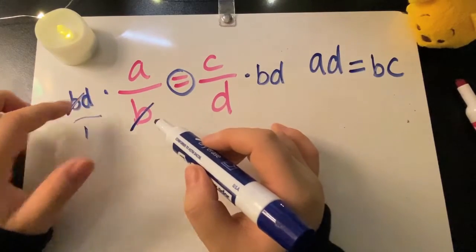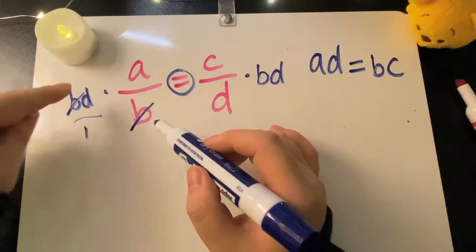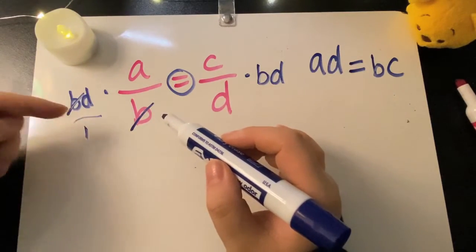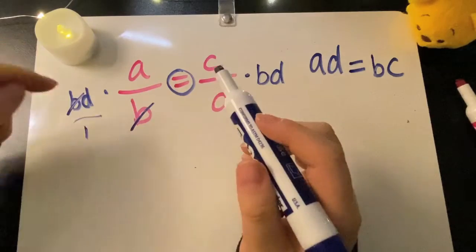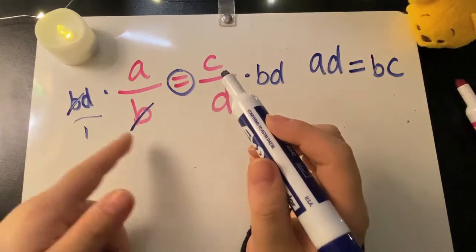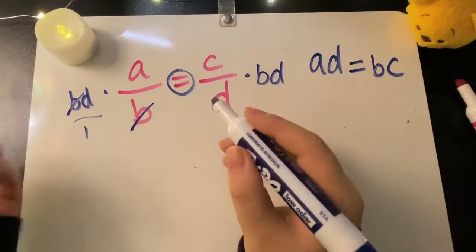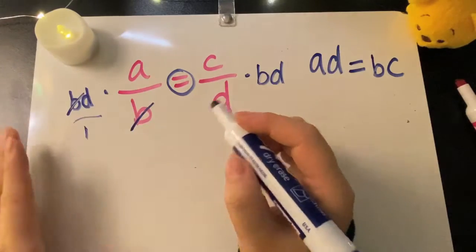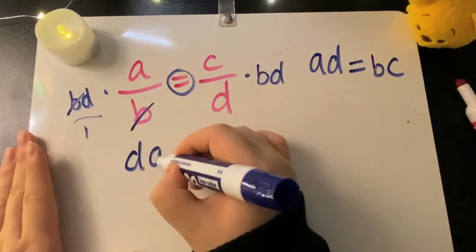And we're left with d and d over 1 if that helps, but we just have d times a, because I put it over 1 because with fraction multiplication you usually multiply across, so d times a over 1, and the b goes away, so just 1, but anything divided by 1 is itself. So d times a